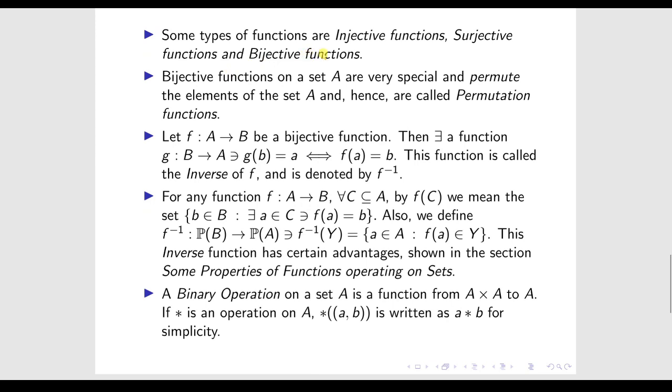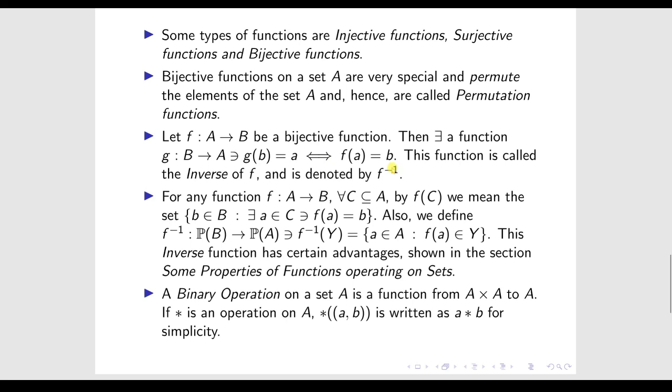Some types of functions are injective functions, surjective functions, and bijective functions. Bijective functions on a set A are very special and permute the elements of the set A, and hence are called permutation functions. Let f from A to B be a bijective function, then there exists a function g from B to A such that g of b equals a if and only if f of a equals b. This function is called the inverse of f and is denoted by f raised to the power minus 1,